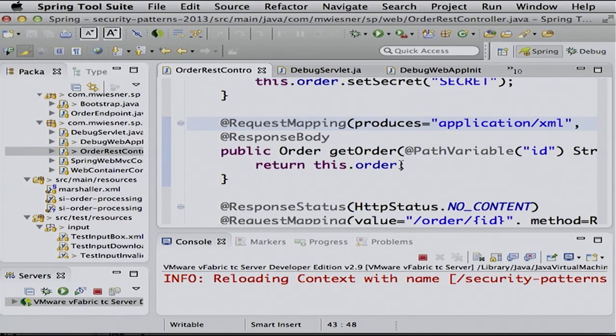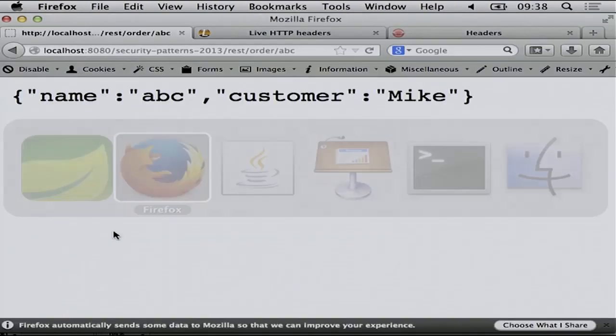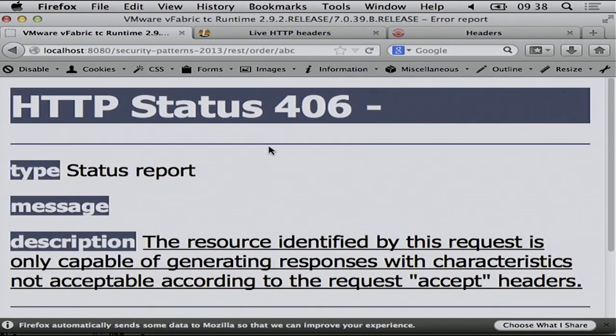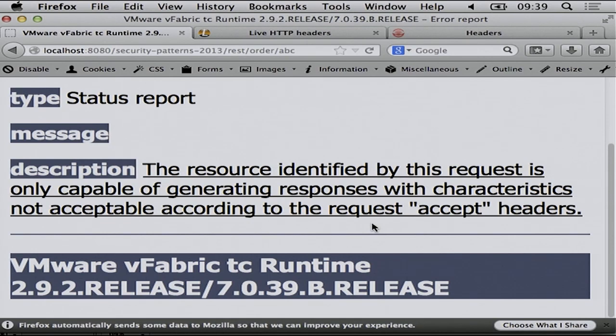You can do it without that, but then the container will support everything it can support, which is, of course, very convenient, but it can also lead to some problems, especially if you have fields which shouldn't be exposed. Again, even if you don't use JSON, I would be able to do it as soon as you have the Jackson library in your classpath. And even if you haven't added it yourself, it might be a transitive dependency from someone else. So that will actually solve the problem, because now if I say I want to have it as JSON, it says that we cannot convert it into JSON, because we specified on the controller that only XML is supported. And produces takes an array, so you can support more than one type.